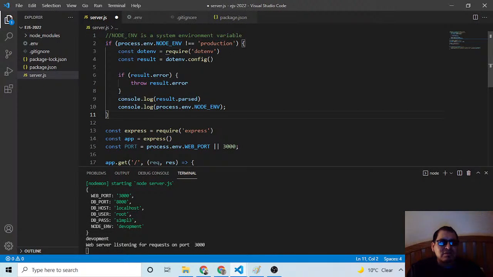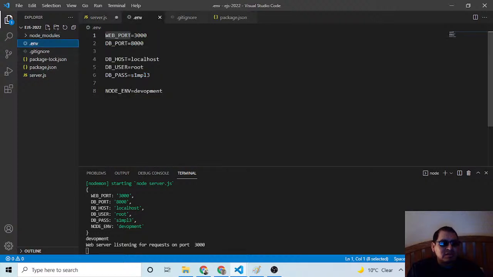Okay, so this is a .env, a system environment variable. I'm in development, and over here I'm just writing that.